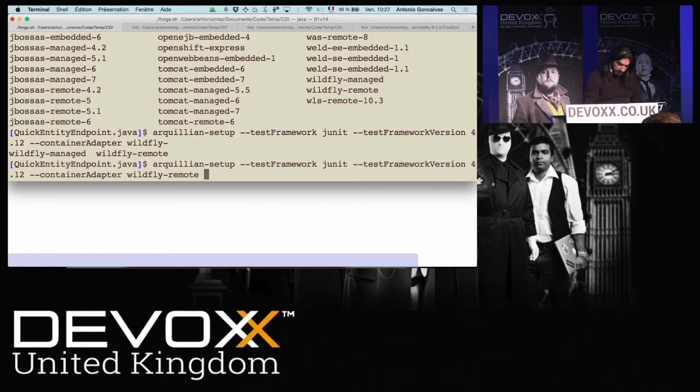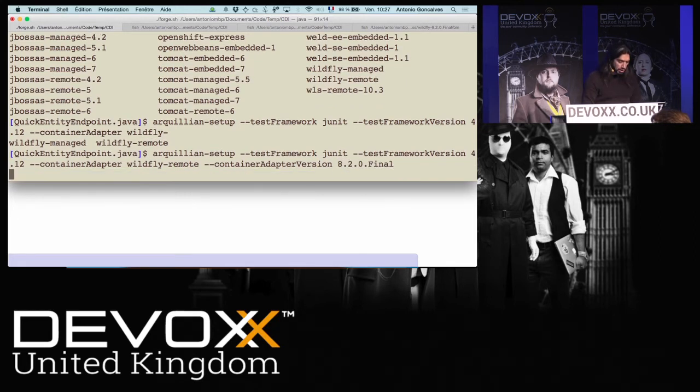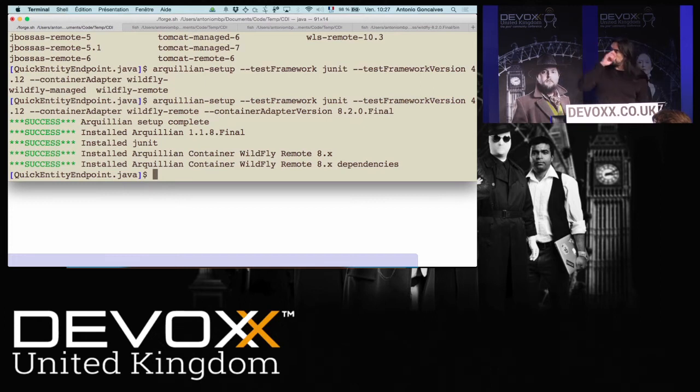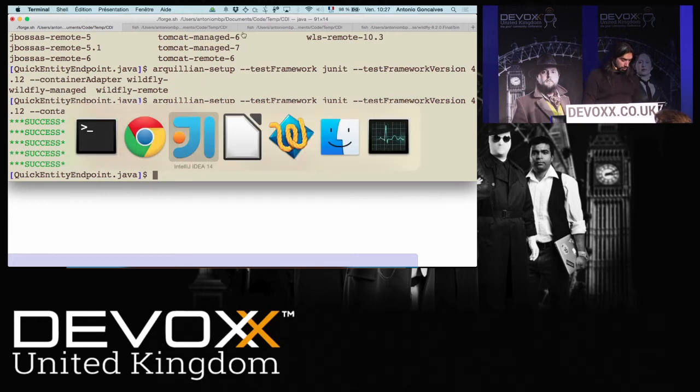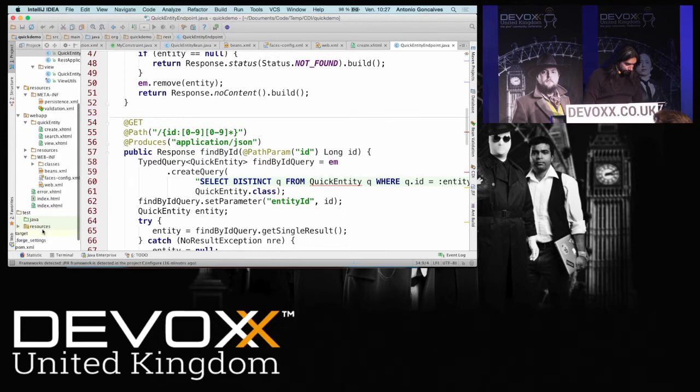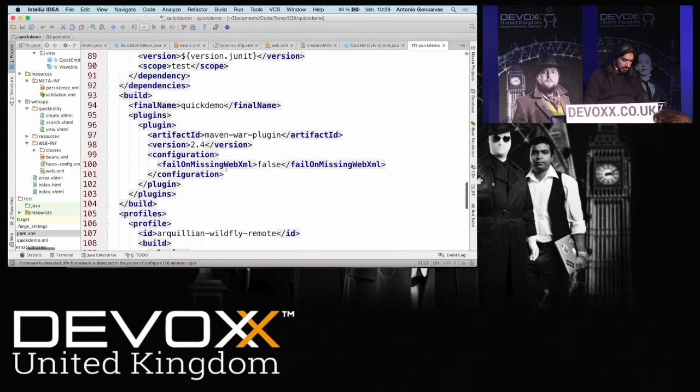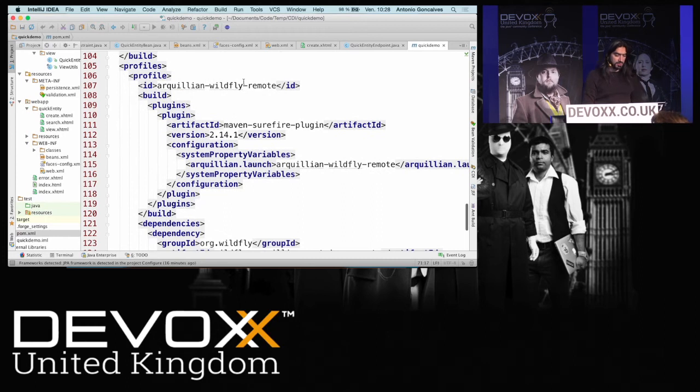So that's what I'm going to do, and again, I have to tell it which version, and the version that works fine is Wildfly 8.2. So it's set up. Again, there's plenty of things happening, and if you go to the code, you'll see that in the pom.xml, it has configured the Arquillian plugin, and it created a profile saying, if you want to test on a remote Wildfly, you should use this profile.